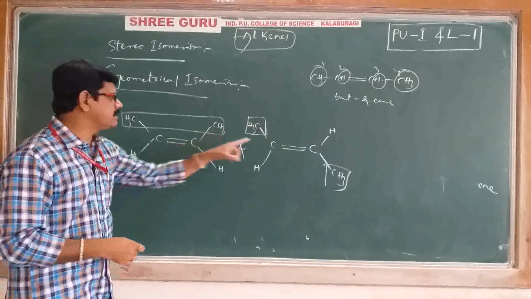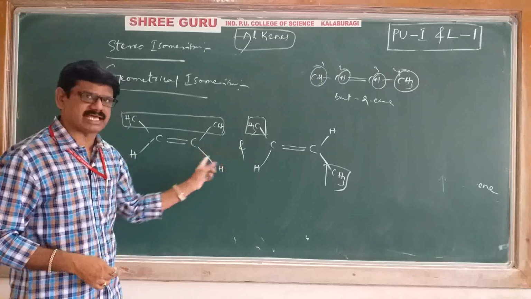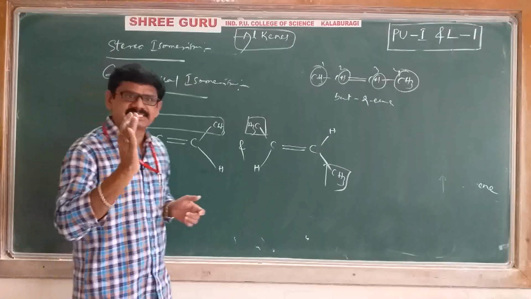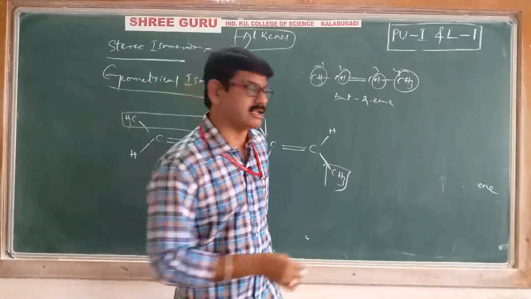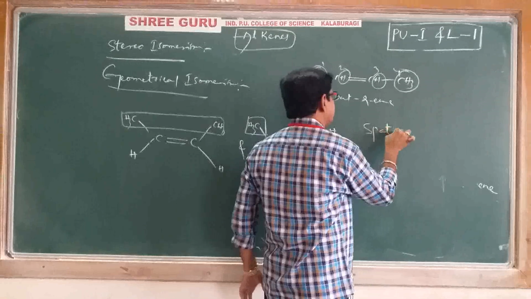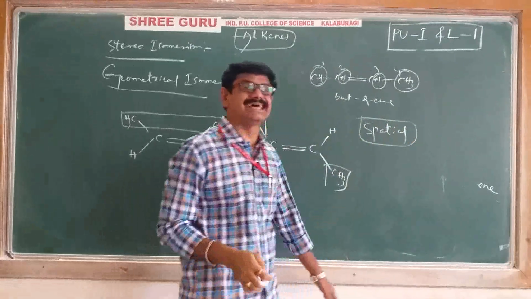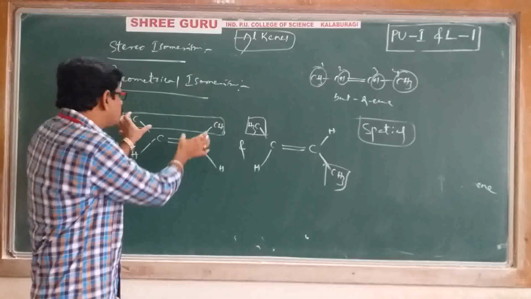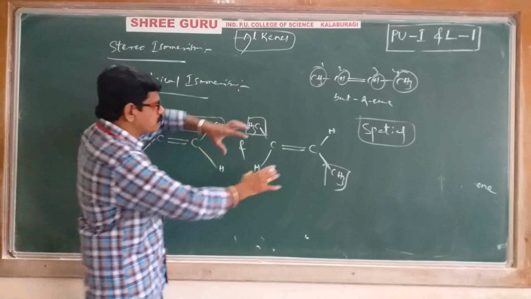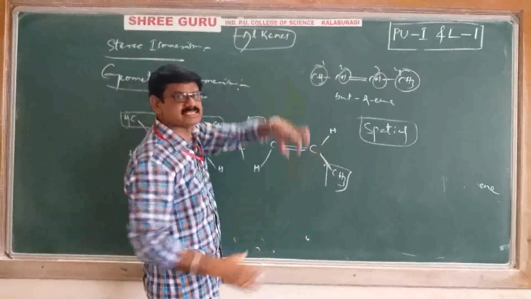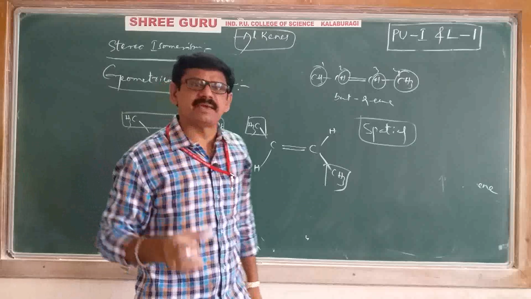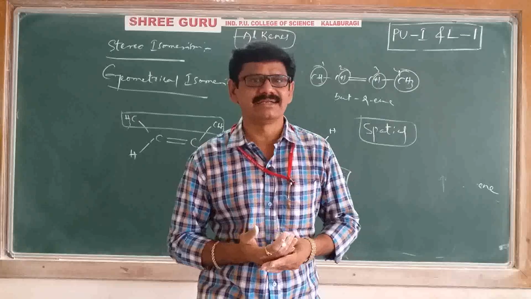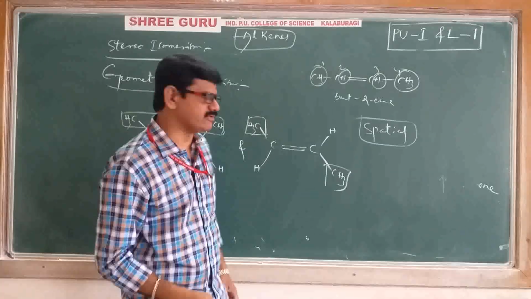Okay, right. Both are having the same molecular formula as well as the structural formula. Then what is the difference? The difference is spatial arrangement, nothing but a three-dimensional arrangement is different. Here both methyl groups are written at one side, here both methyl groups are written at the opposite side of the double bond. Means the spatial arrangement of atoms or groups is different. Why are they different? See here carefully.